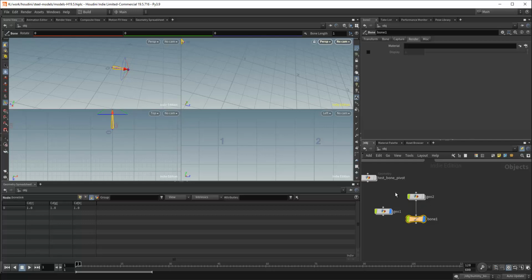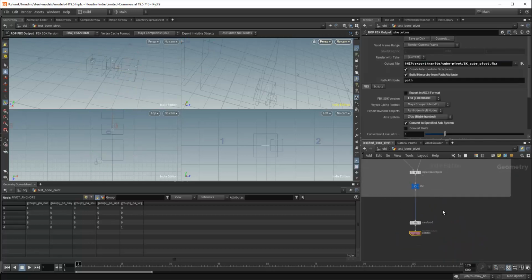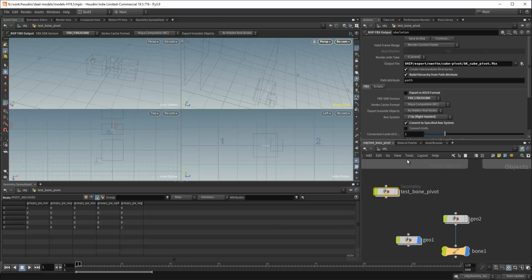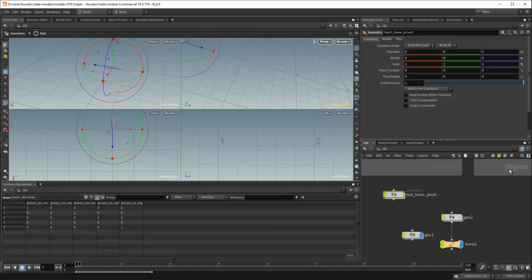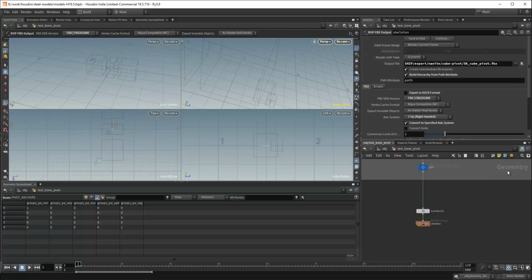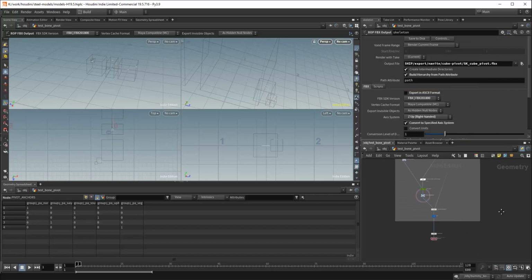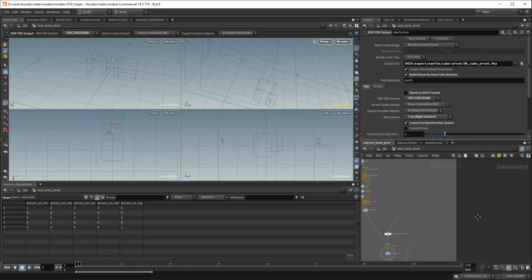But I can't use these inside of what's called the SOP context. And I don't even know what SOP means exactly. I just know that this is inside the geometry node, and then this out here is the object level. So you can see this says objects, and then over here, if we go inside of it, it switches to geometry. So you can't do things like create bones in here. They have some of the functionality, and I couldn't say why this matters, but